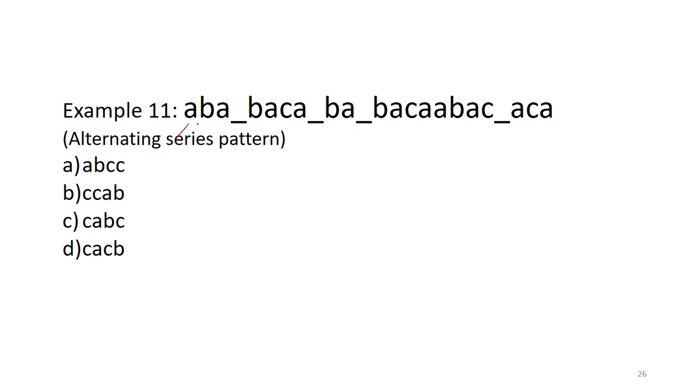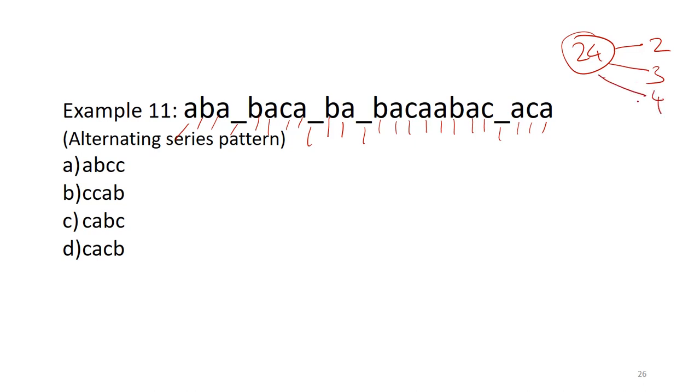So let's count: 1, 2, 3, 4, 5, 6, 7, 8, 9, 10, 11, 12, 13, 14, 15, 16, 17, 18, 19, 20, 21, 22, 23, 24. Oh my god, there are only 24 letters in the series. So there are many factors of 24. You can start with 2, 3 each in a group, or 4 each, 6, next 8, 12. Okay, that's it, I think.